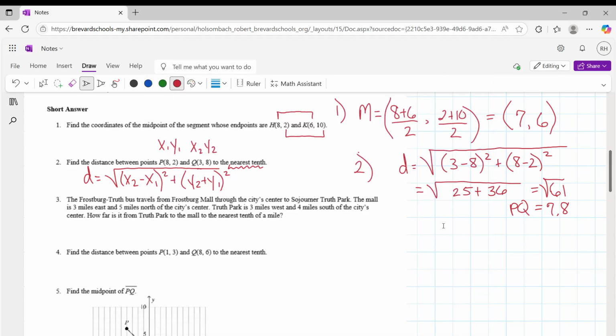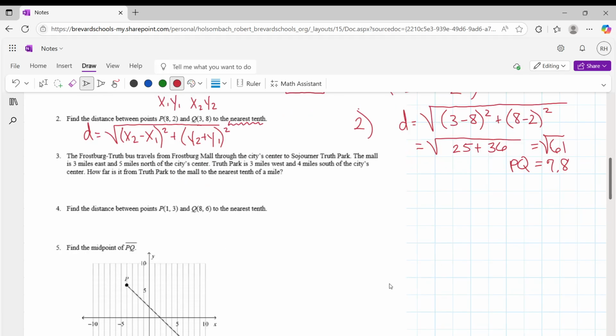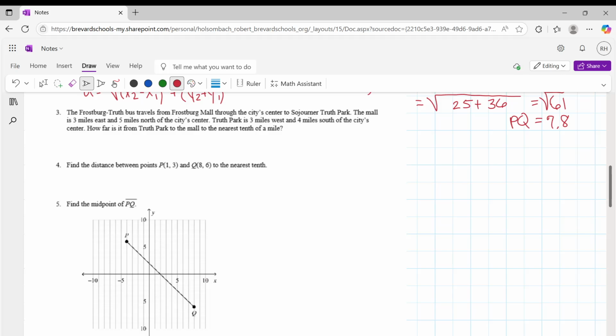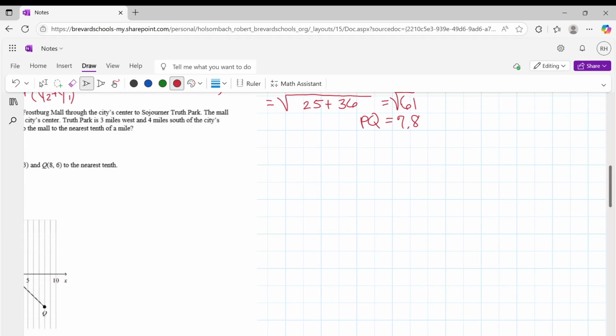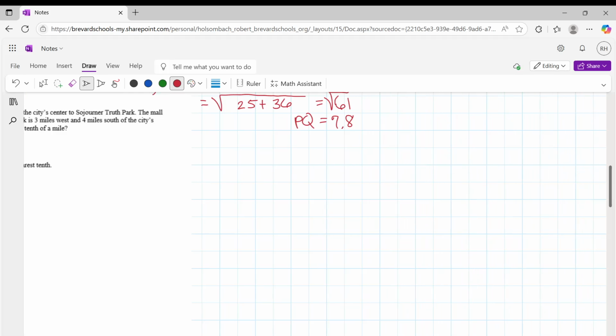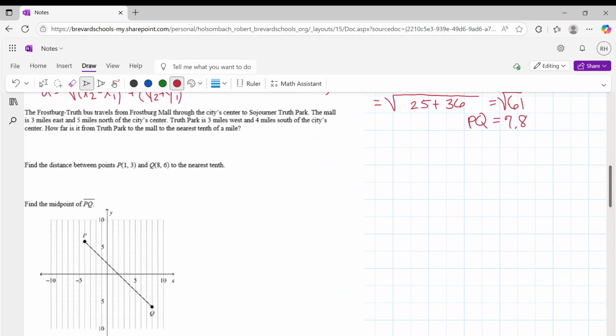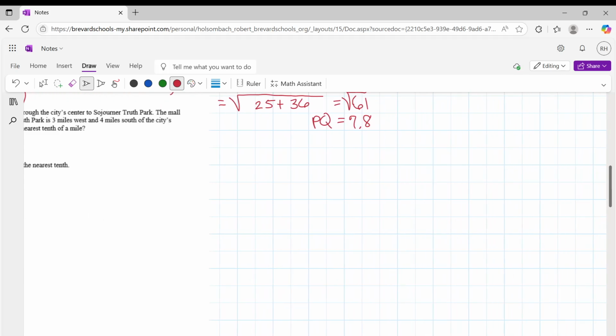All right, problem number 3, you need to go where you've got some room on your paper. This is a coordinate plane problem. Problem number 3